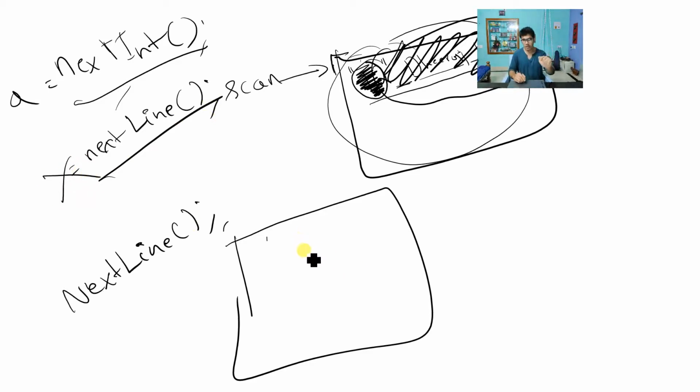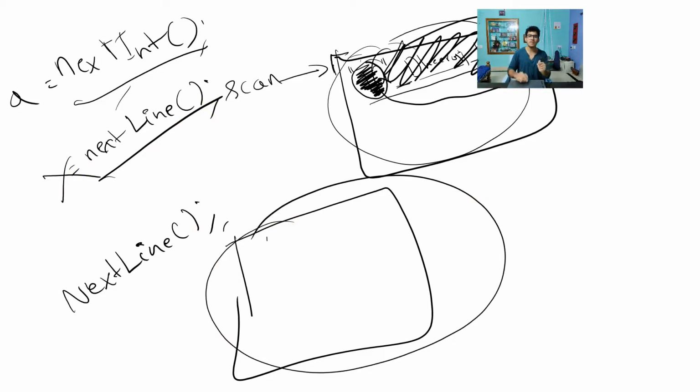Now after doing this operation, don't you think my buffer is empty now? My buffer is empty. How can you guarantee the buffer is empty? Because if you execute the next line method, definitely the buffer will be empty. Since now our buffer is empty, now I will take the name. Now if I write next line again, a second time, tell me, will it take the empty string or something from here? It can't take anything because nothing is there. Then it will wait for you to enter something.